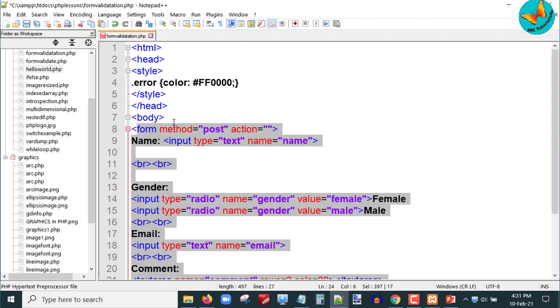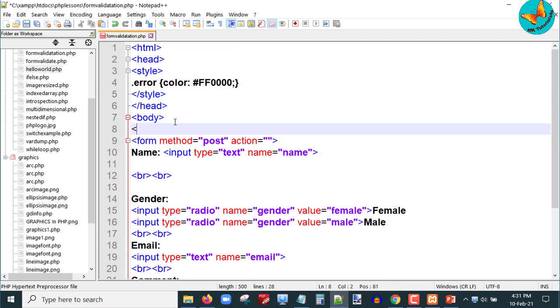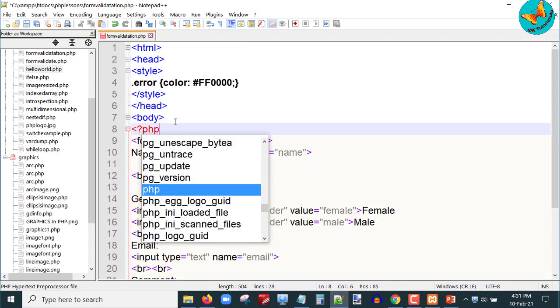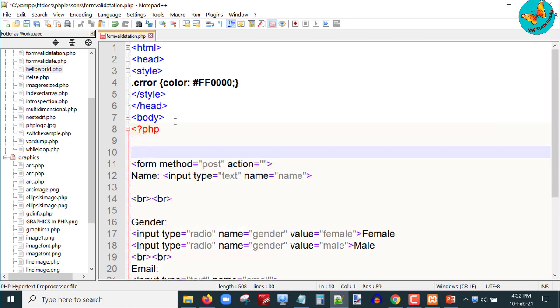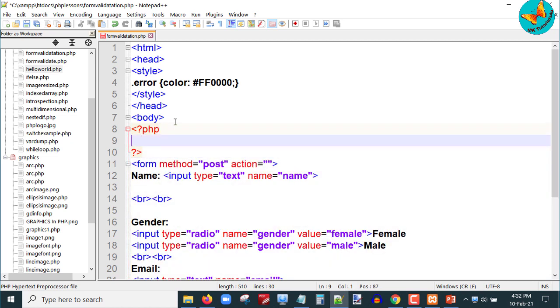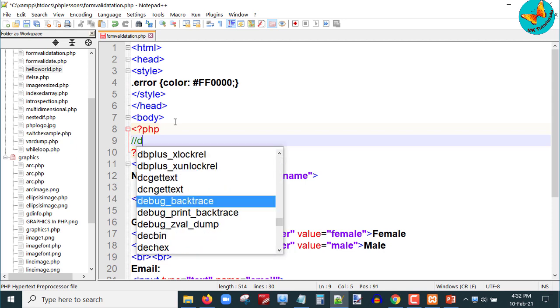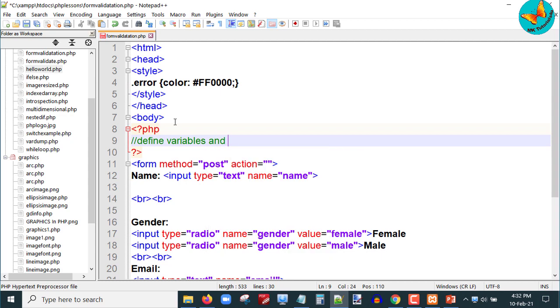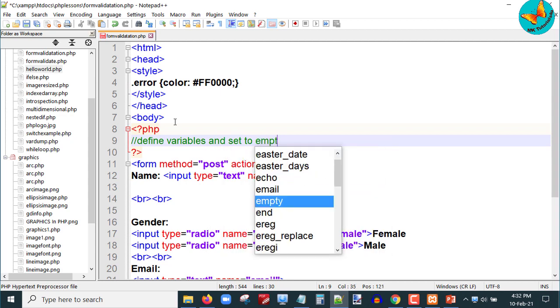Like I have already stated, I want that all the fields should be filled. So if in case any user fails to give the input, so I'm going to create some variables named as name error, gender error, email error, and comment error in case they do not fill this value.